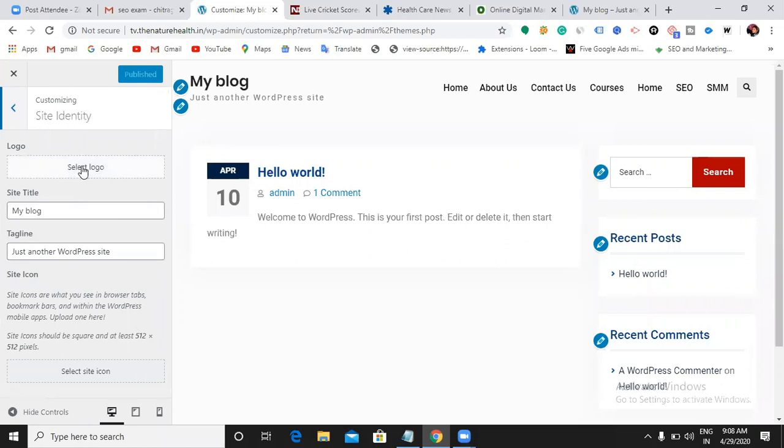Even I don't know what is present under this identity. So logo. It is asking me for a logo. What is meant by logo? The company website logo, the company's representation. NDTV has one logo, Facebook has one logo, Flipkart has a logo. By seeing that logo only, people will recognize that it is that company, right? If you seriously want to start a business, definitely you should have a logo for your website.